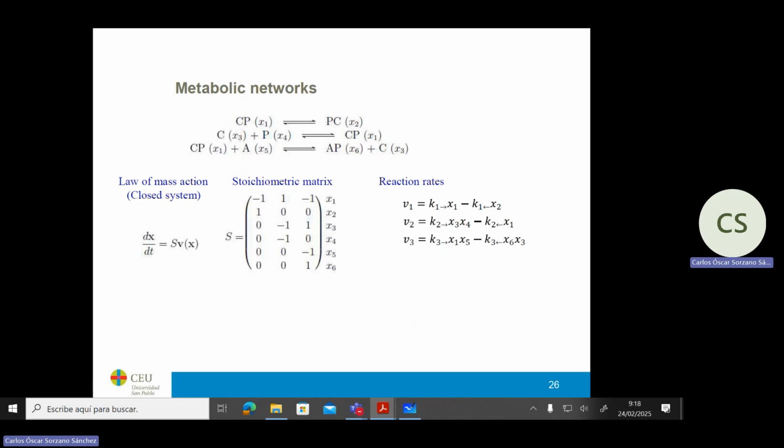And if you have a high level of x1, then you can form much more x2. So it is a constant times how much x1 you have. And in the opposite direction, it is another constant times how much x2 you have. Then, for the second reaction, you have a constant to the right, and you need x3 and x4 to encounter each other. So we have x3 times x4, and this multiplication accounts for the encountering of the two kinds of molecules, and then x1 is decomposing at this rate, and the same